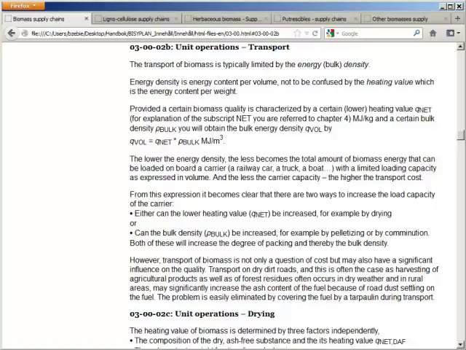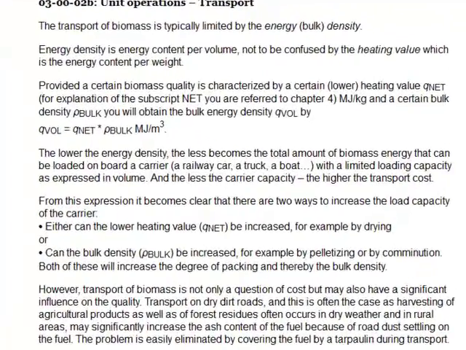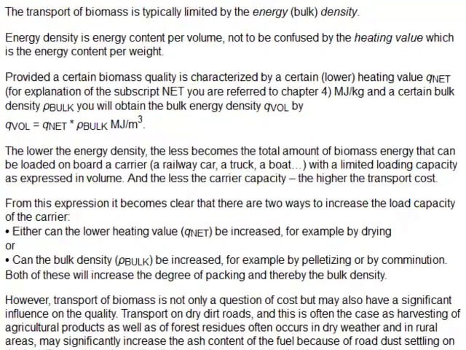These three types of transports may require quite different vehicles, and they may put different demands on the logistics and planning. But in most cases, the limiting factor for the transport and what affects the economy is the bulk density of the material, or the bulk energy density of the material. The bulk energy density is the amount of energy stored per cubic meter of loose material as on the transport